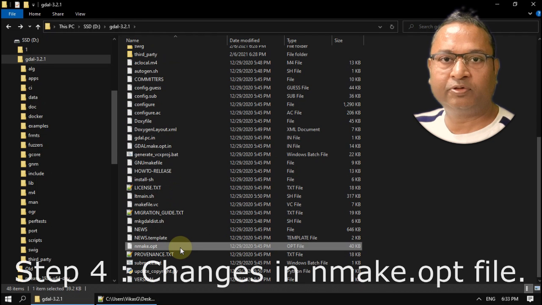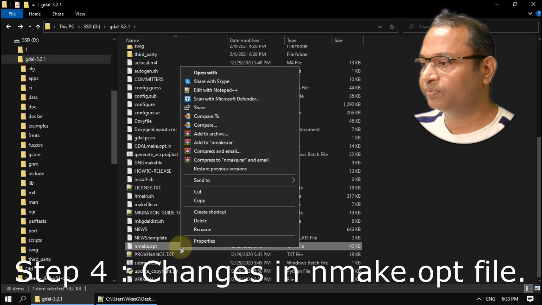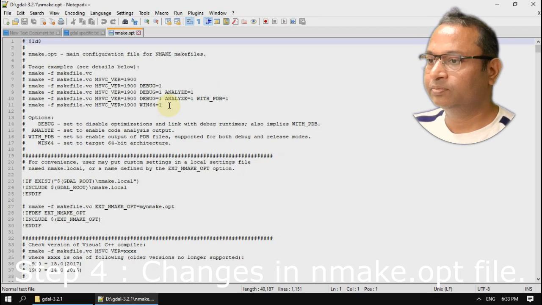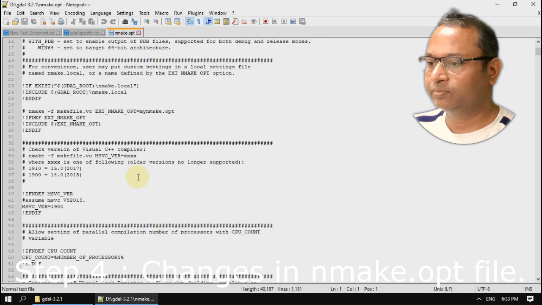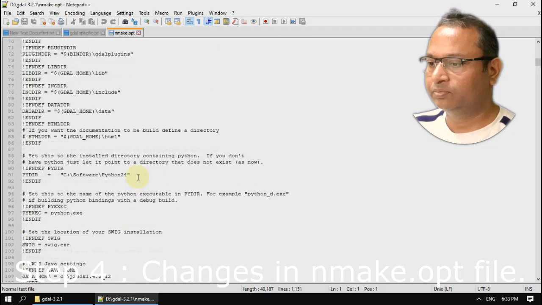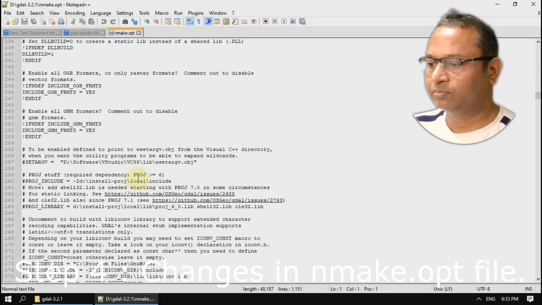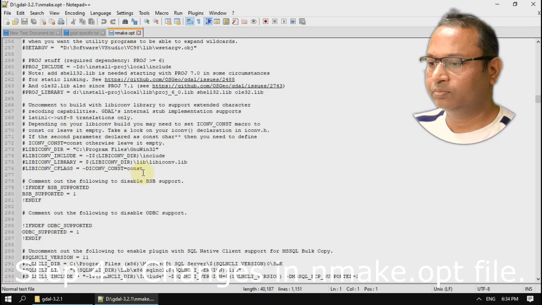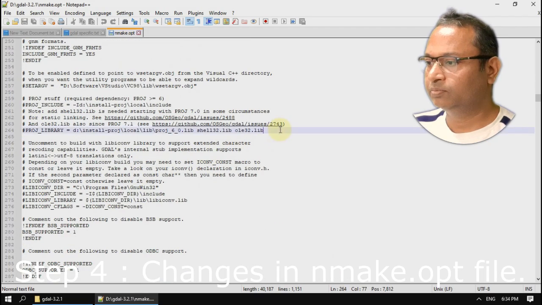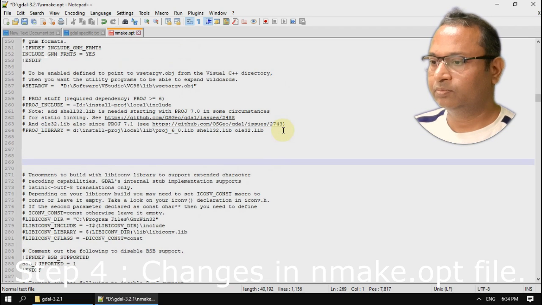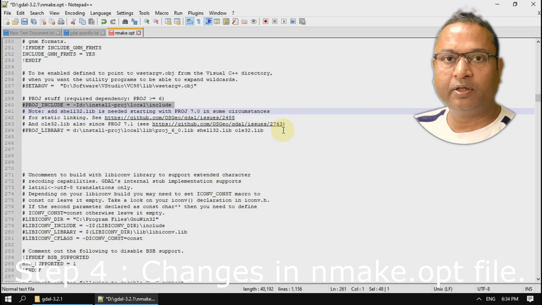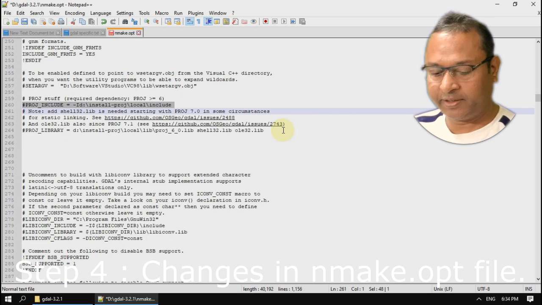Let's move to step number 4. In step number 4, open the nmake file and make some changes. In the nmake file, you need to specify the include directory and the library directory.